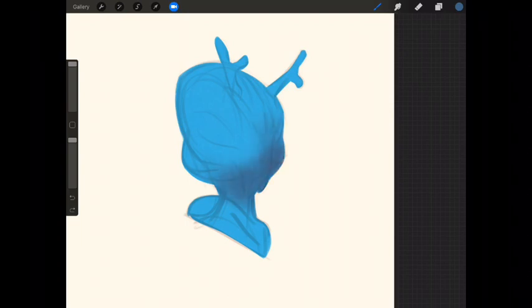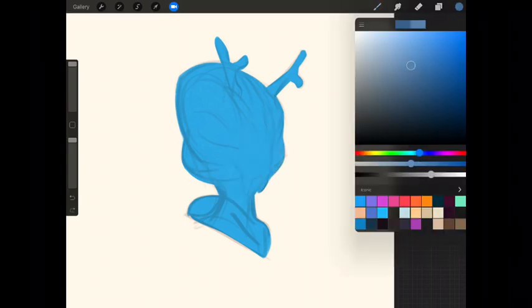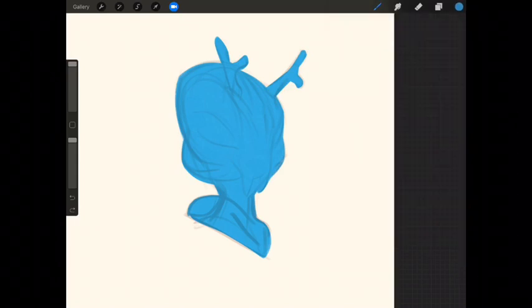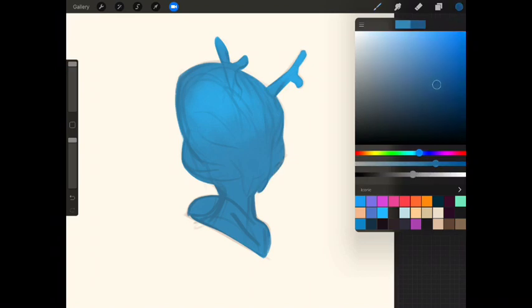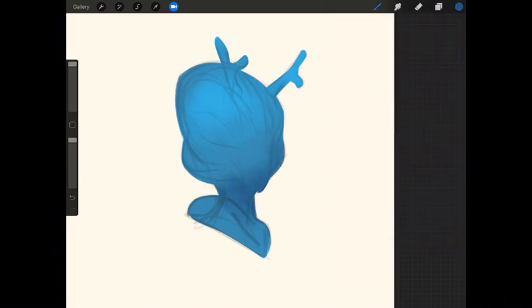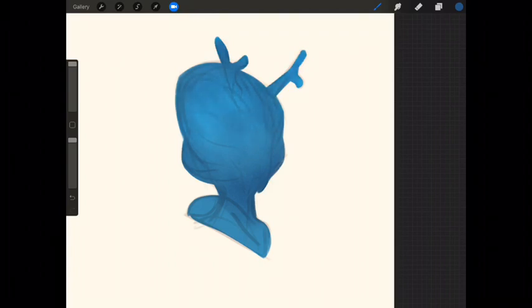But I want to set that up in a way that's very structured around the value, sort of the light and shadow, what I'm talking about. When I say value, I mean relative lightness and darkness. And in order to do that, I'm going to create a mud. And one of the things I know about this character that you don't know yet is that he's going to have a lot of blue and neutral tones to him,